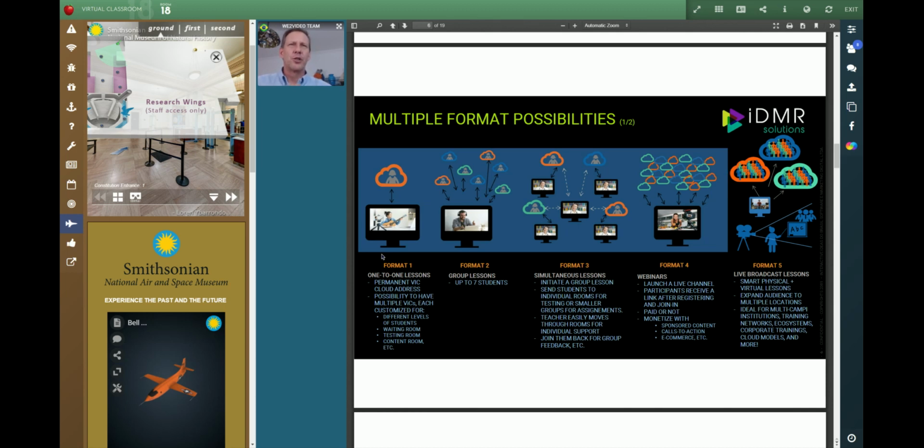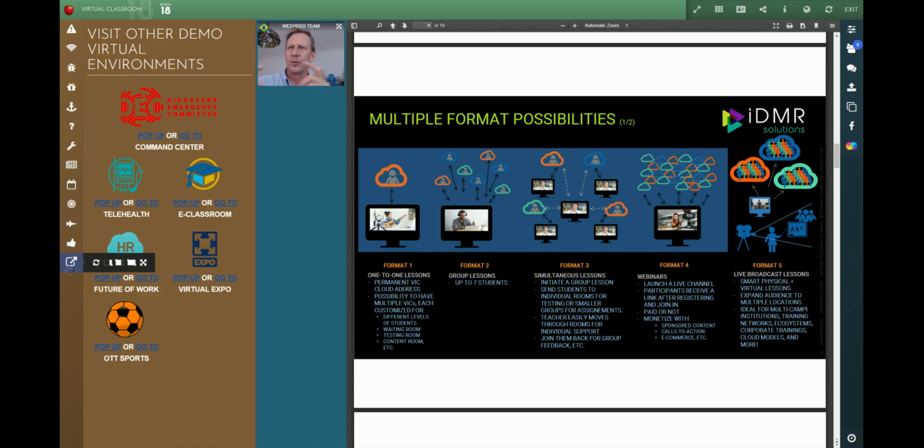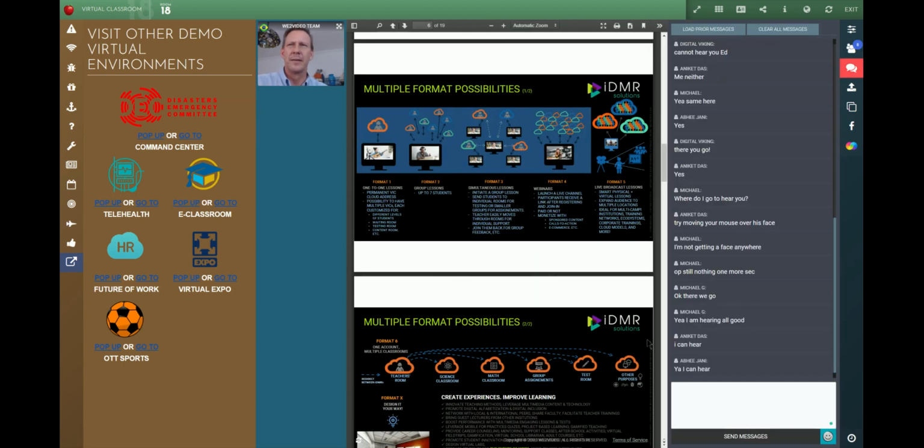So I, as a teacher, can send you to another room, or I can put an icon, as we have in the very last icon. There's a little square with an arrow, where you can actually go to another room. These are demonstration rooms that we have in that icon. If anyone has a problem with the icons, just send me a chat here. And you can either pop open another room. The other rooms are not in a broadcasting mode like we are now.